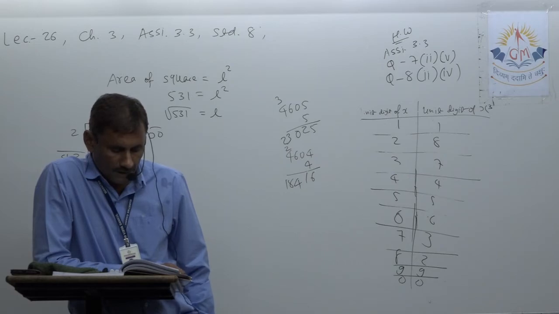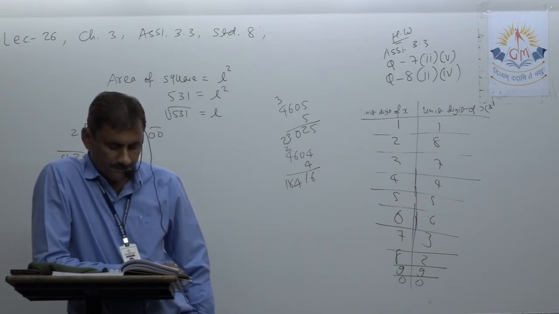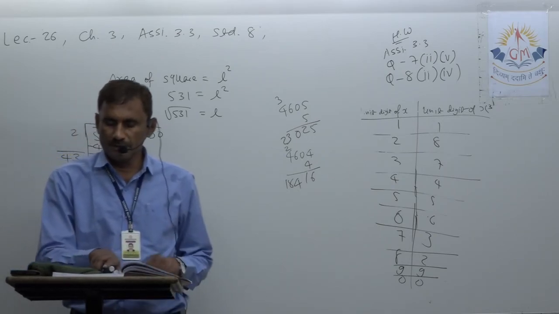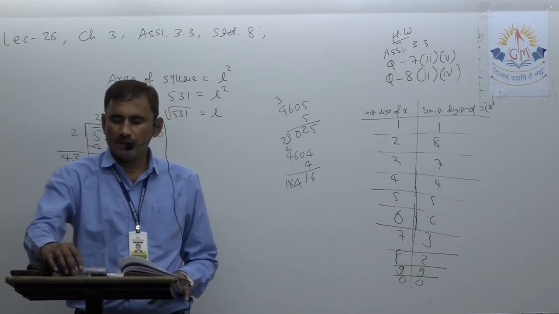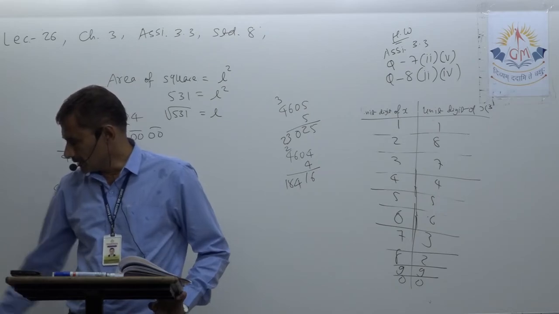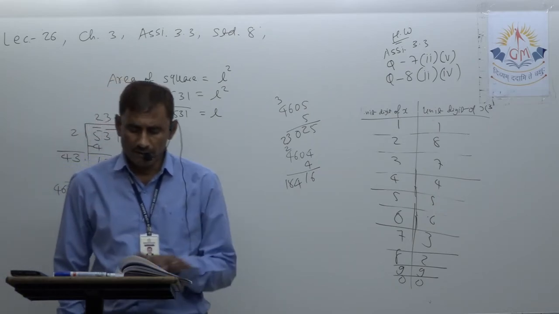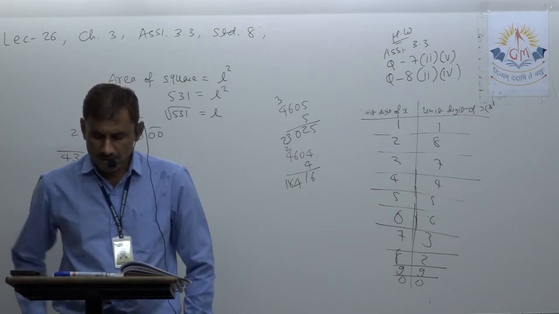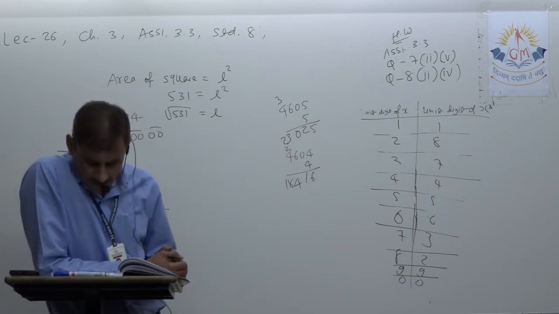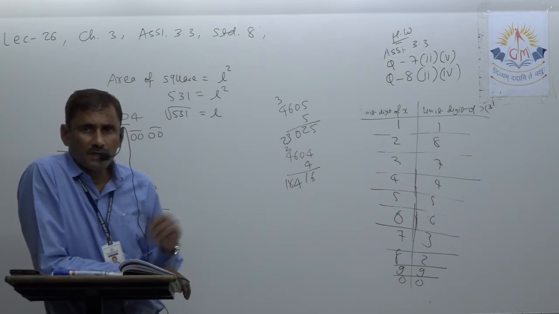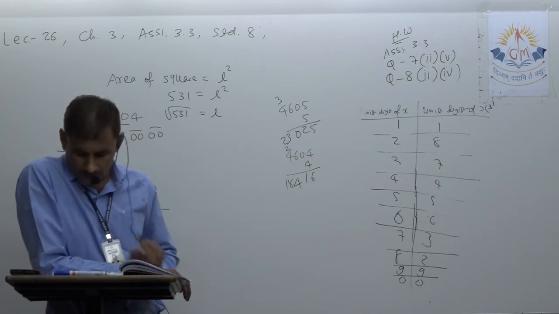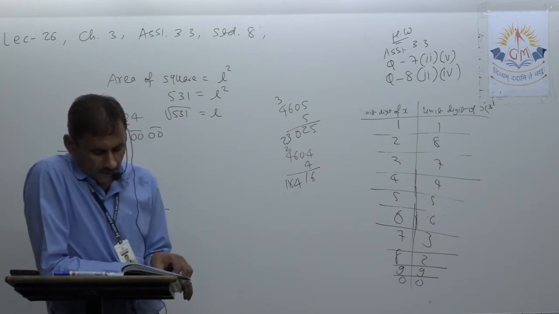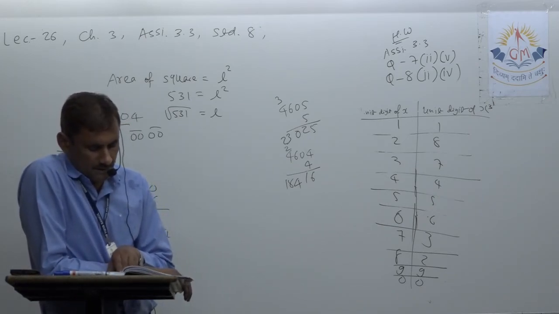Now look at the properties of cubes. The cube of a natural number is a natural number. What does that mean? If it is a positive integer, then its cube is also a positive integer. You can verify there. Look again at the table on page number 67. All numbers are natural numbers, then their cubes are also natural numbers. Never negative, never a fraction. So everywhere positive integers are there. Okay. So it is a very simple property.